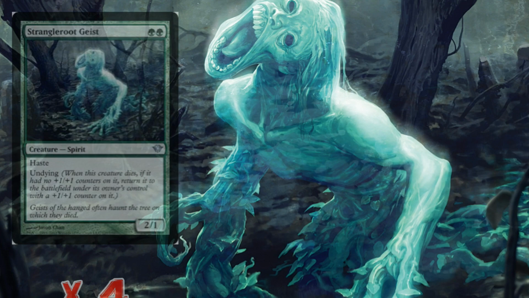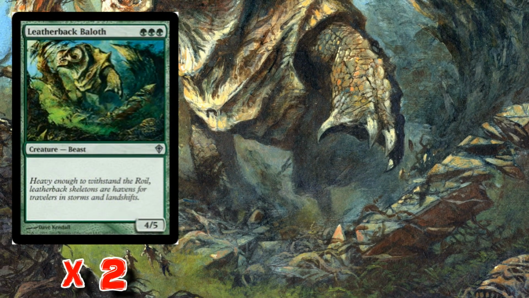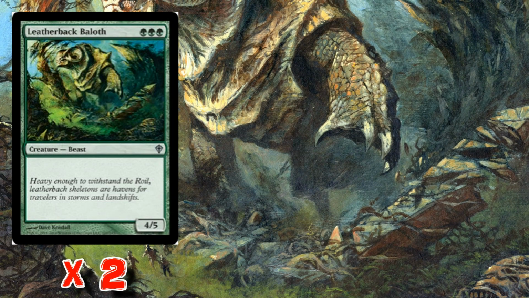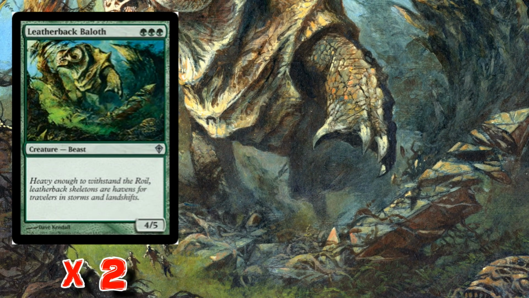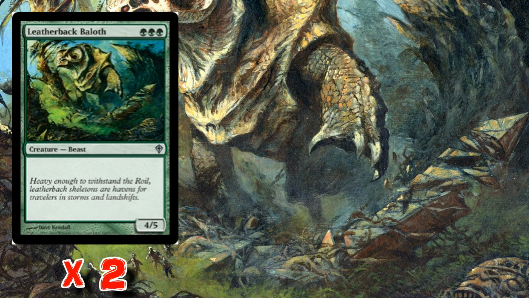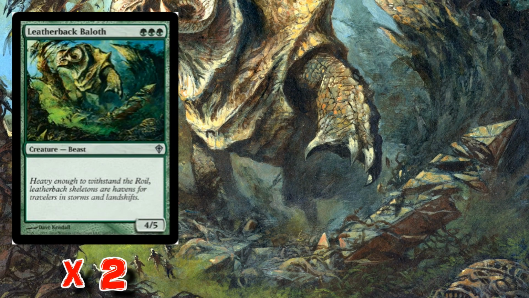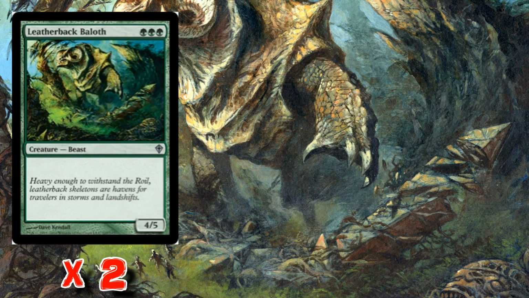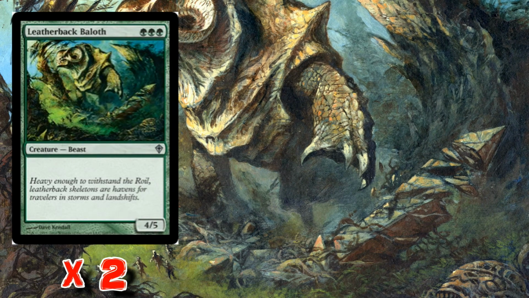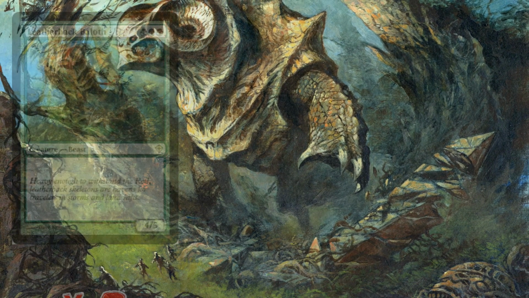Now we reach the top of our curve and we're bringing 2 of the Leatherback Baloth, which was a 4 of in earlier iterations of this deck, because again, like the Tusker, 4 power and 5 toughness for 3 mana is just out of this world fantastic. But it's actually been superseded in this deck by our next pick and our final creature, which is a 4